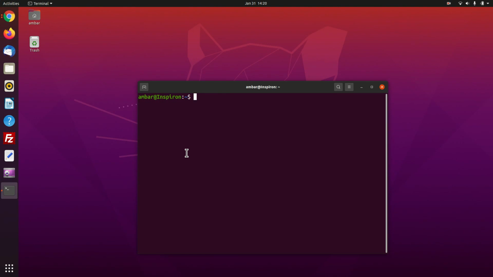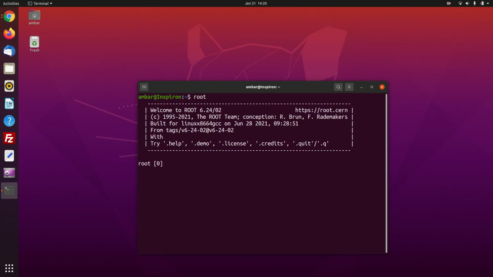So like 1D, 2D spectra also are of 5 types depending upon the maximum number of counts. Namely, they will be of the type C. Okay, I'll type it for you. Let me start by starting root. So root is started. The 5 types of histogram, just as you have TH1 for one-dimensional histograms, you have TH2 for two-dimensional histograms. And then